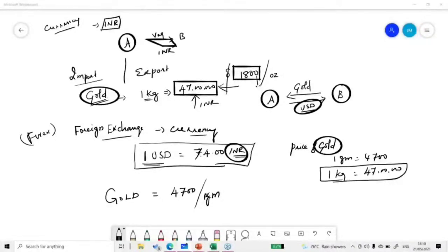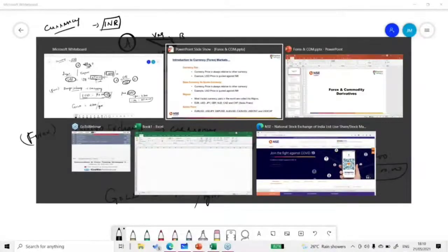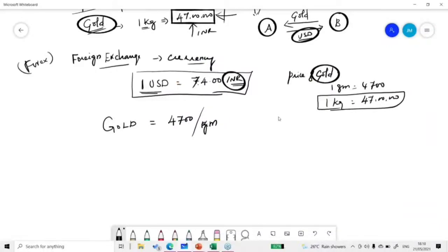Similarly, if I'm going to talk about a share, Reliance is going to be so much price. So I'll use only the word: Reliance equal to 1,900 rupees. That's what a Reliance share price is. Whereas when it comes to the currency market, we are going to talk about one always relative to the other currency. So now we have to quote it as a currency pair.